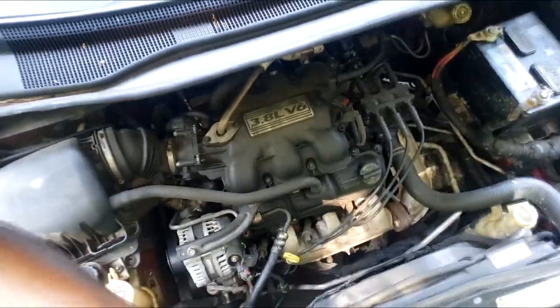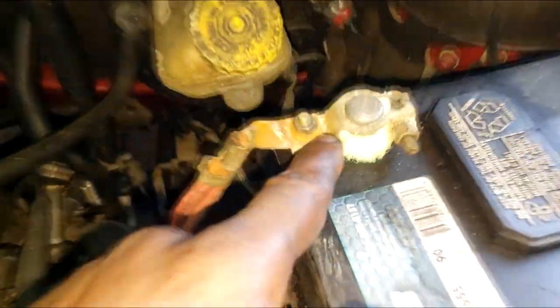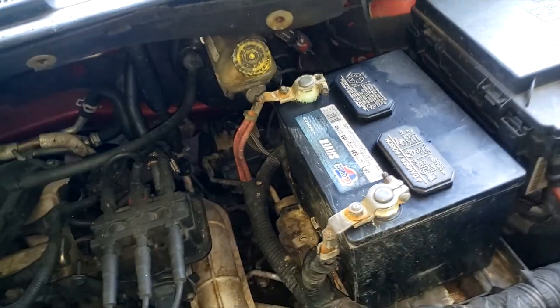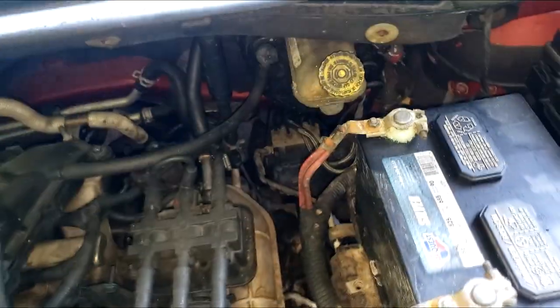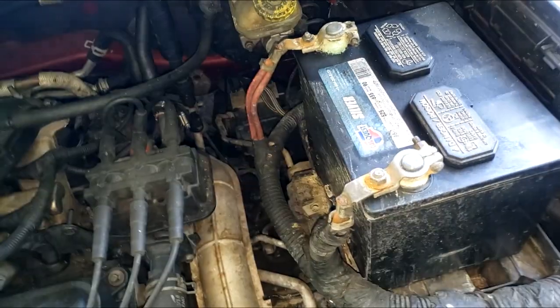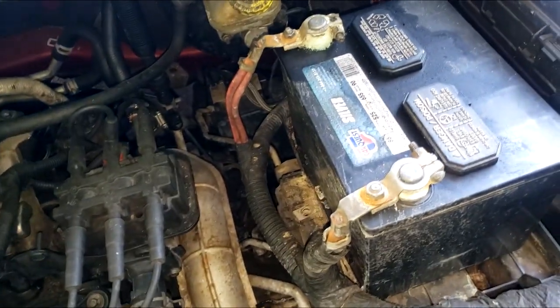Whoa, 3.8. Alrighty, guys, 3.8 liter V6 engine. Uh-oh, look at this. That has nothing to do with the AC, but guys, y'all know me. I look straight at the battery when I get in the car. Now, the thinking goes, if it's corroded on the positive side, that means it's overcharging. If it's corroded on the negative side, it's undercharging. Guys, this old way of thinking, try not to adhere to that. Okay, no. Anyway,